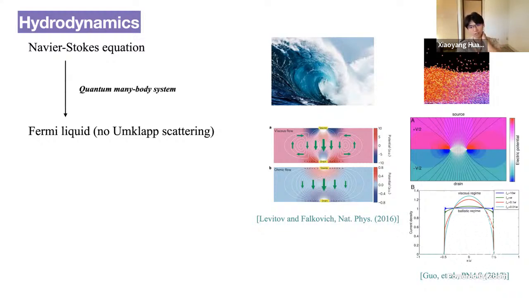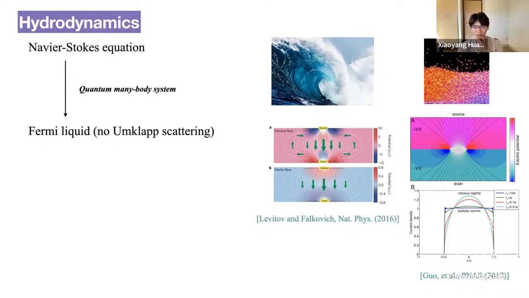But unfortunately, many materials will still relax their momentum due to so-called Umklapp scatterings. But people realize, for example, if you have a small enough Fermi surface, this kind of process can be suppressed. And then you do have a well-defined conservation law for the momentum. And then electrons will indeed flow like a fluid at late times in experiments.